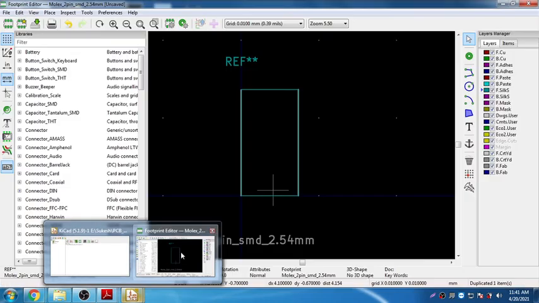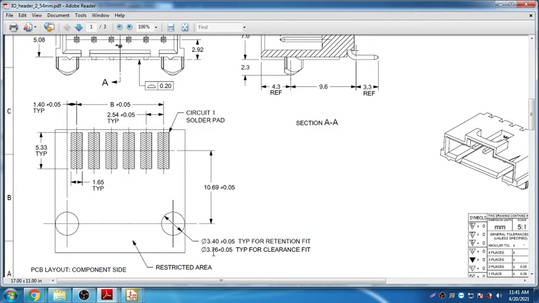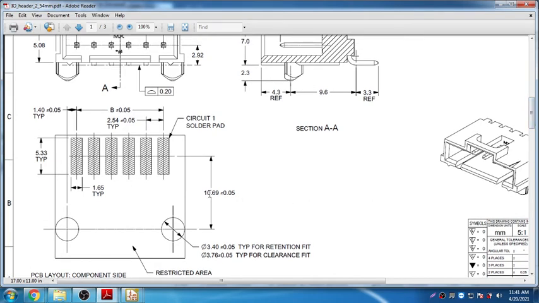So I'm going to place a component on the board. So just look at the circuit diagram and decide from the center of the component it is 10.69 from this point. So somewhere I will start with 10.69 coordinate.